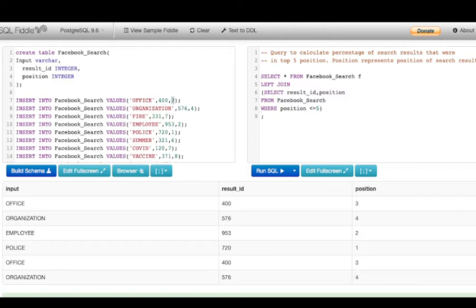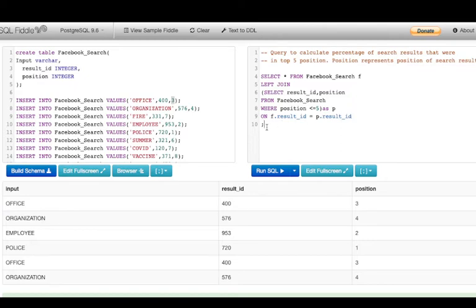The result for this query will be stored in the alias name P. And what is the condition on which I'll join this table? That is basically on F dot result ID, because result IDs are common. From the subquery we are getting the positions which are in top 5, and from the original table we are getting all the positions. So the result ID is what is common between both the tables, so that is why we are left joining upon the result IDs, right?